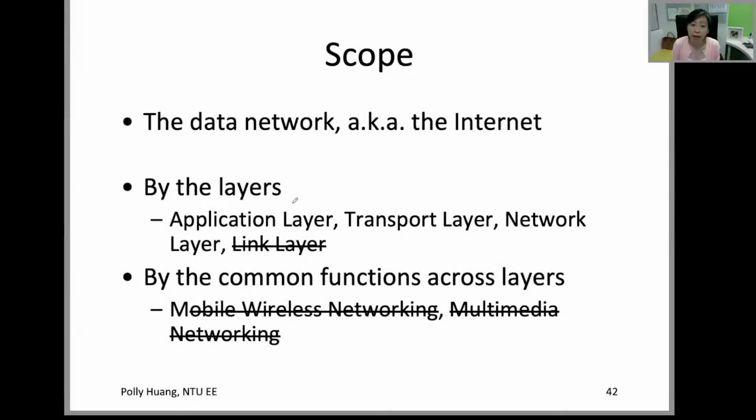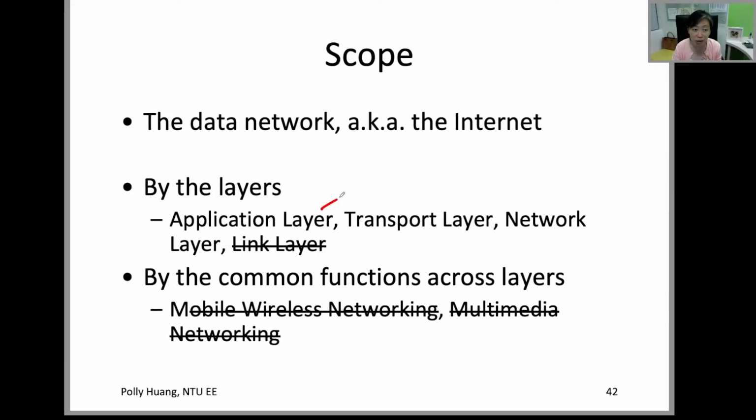The internet is the subject of our study here. We know it's huge, not only because we have many machines connected to it, but also because there are so many mechanisms being designed and implemented for it today. Now, in order to introduce them, we try to break them into categories. The way that we categorize things is we call them layers. So it's kind of layer 1, 2, 3, some at the top and some at the bottom.